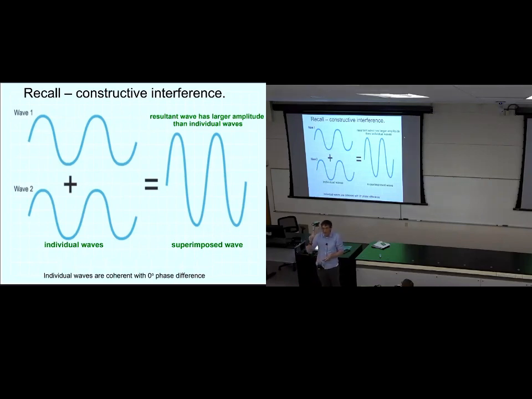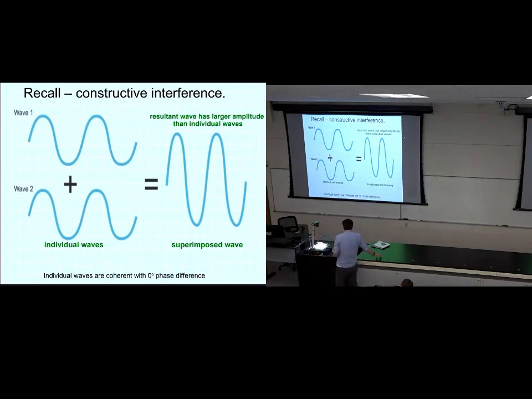And there are two extremes of interference. There's constructive interference where the waves overlap with one another and they're what we call in phase. The phase between the two waves is 0 degrees. That means that crest and crest combine together to make a larger crest. Trough and trough combine together to make a deeper trough. So that's constructive interference. That's going to go on in the Michelson